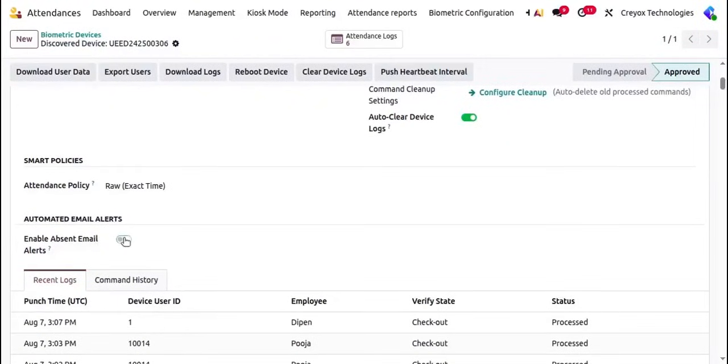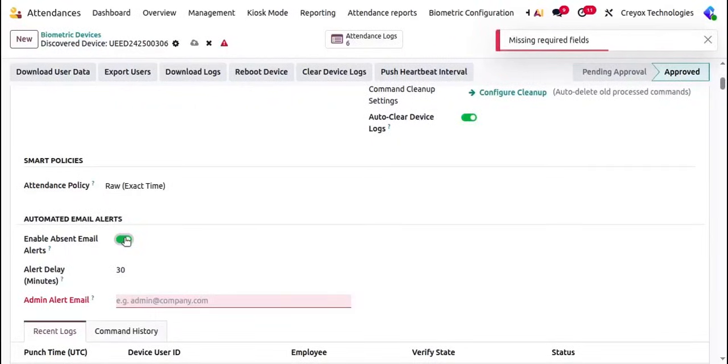The last thing, if I go to the device, here I can see one boolean, that is enable absent email alerts. If I enable this boolean and I set the time in minutes, like 30 minutes, and here I set an email ID, for example any email ID that you want to send the email to,